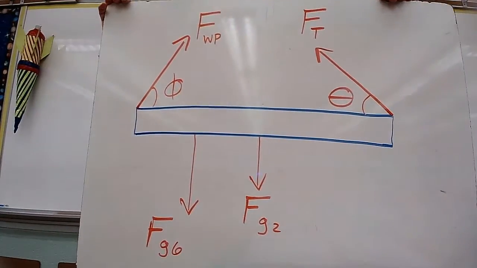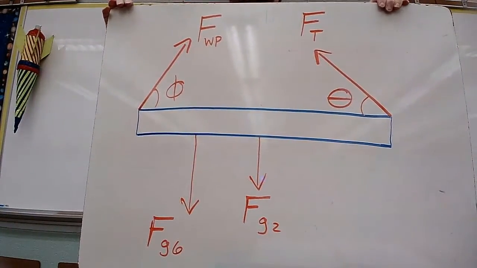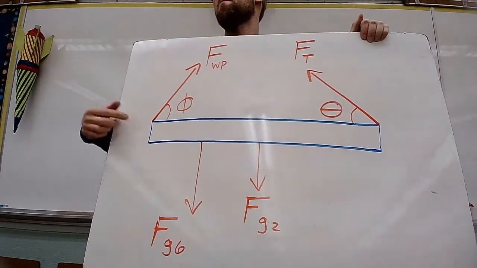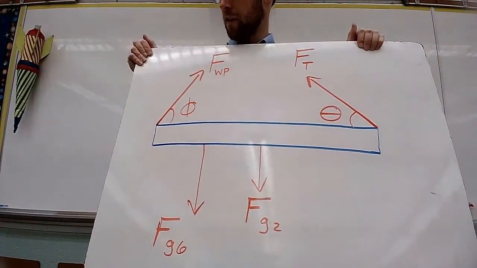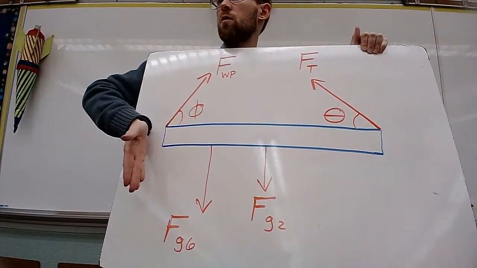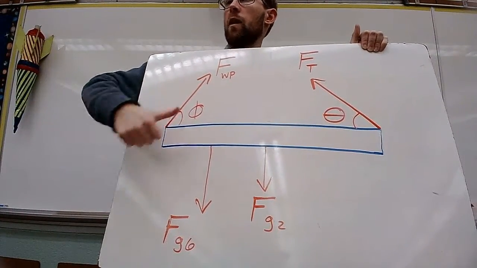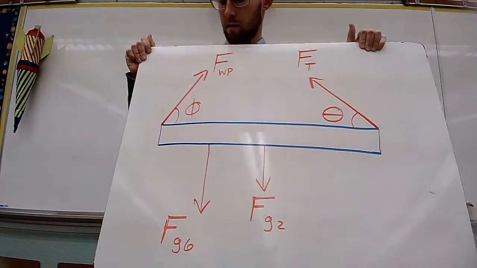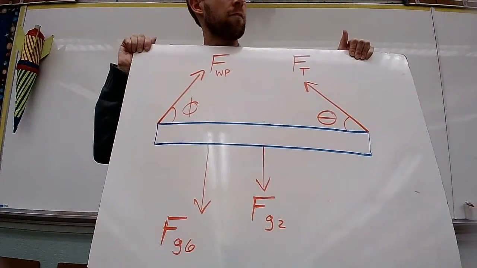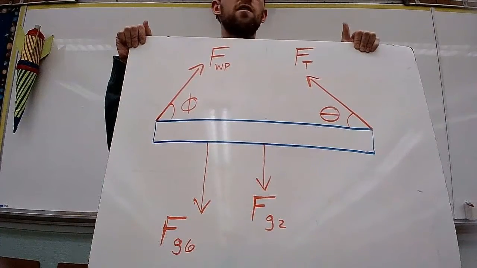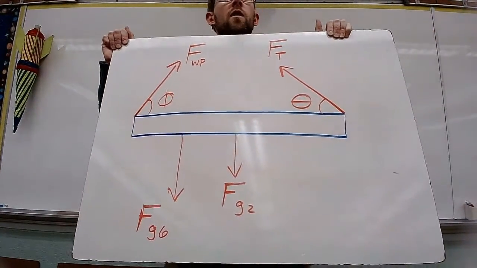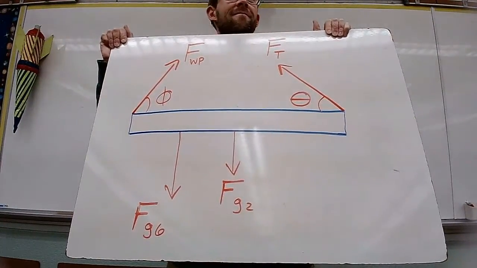But why are there two angles? Well, because one is for the string, and one is the angle of force that the pivot is experiencing here. But if you think about it, the wall is keeping this from flipping this way too. And so it has to have a force going opposite that as well. So, you got the force from the person. Fg2 is the force from the platform itself. It's coming down from the very middle, because that's the center of mass of the platform. So that's where those 4 forces are coming from. Questions on where they come from at all? Okay, onward.